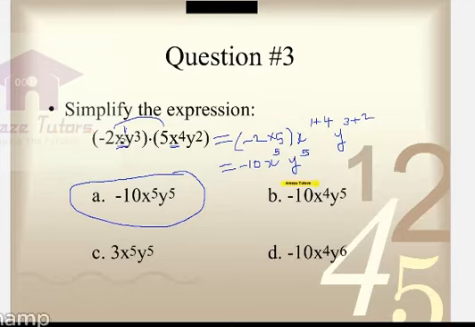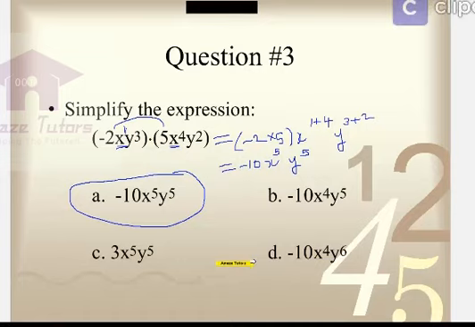Most of the students, as there is no exponent, no index, will leave that. They will consider only the other term, x power 4. That is why that option is also given here to confuse you again. And here, what is the mistake they made? They multiplied the y powers. 3 twos are 6. That is why they got y power 6. So they know the mentality and the kinds of mistakes the students will make. That is why they have given the closest answers, the possible mistakes, in the other options.